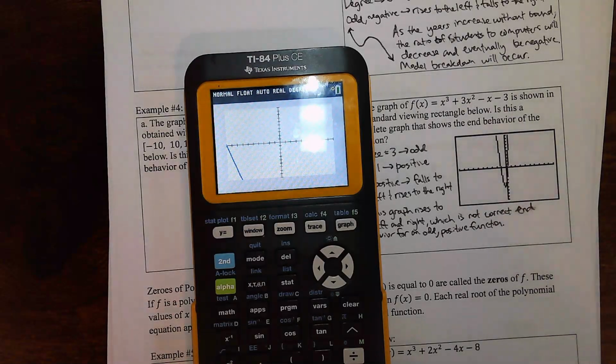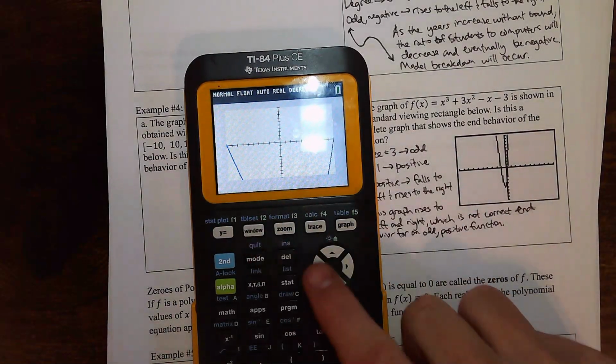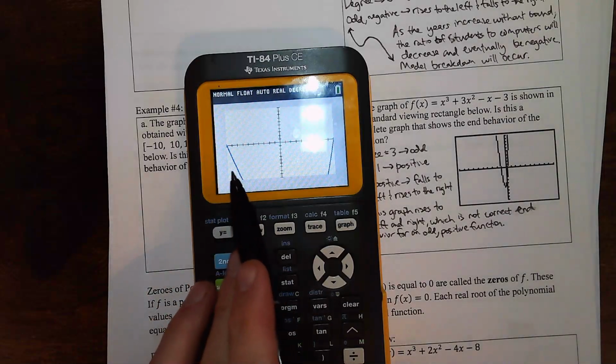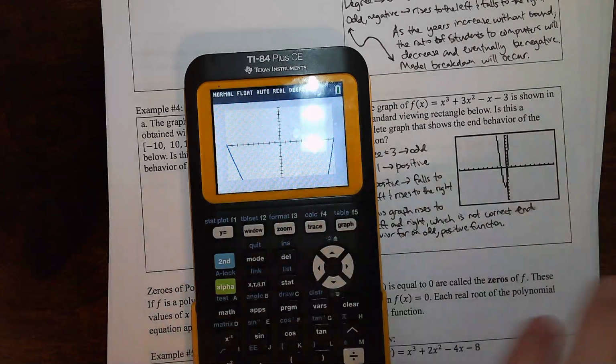Well, I might be too zoomed in. I don't have time to mess with it, but if I zoomed in really close here and didn't see the other parts, it would look like it was going up both ways. But just be careful when you see the whole graph when you're looking at